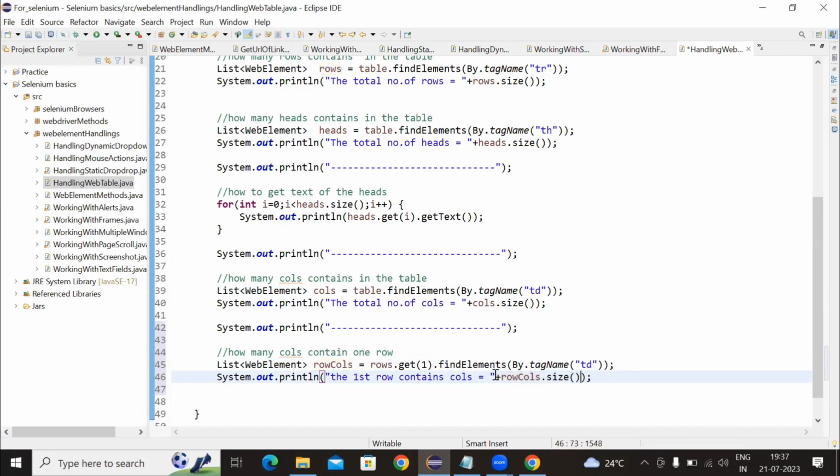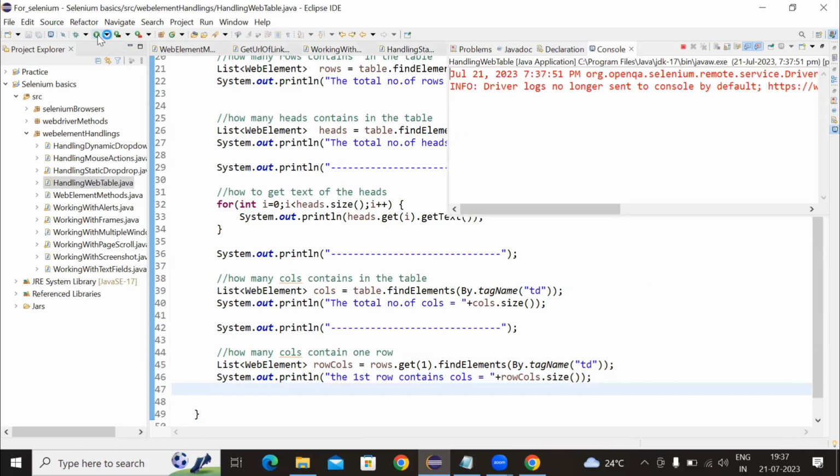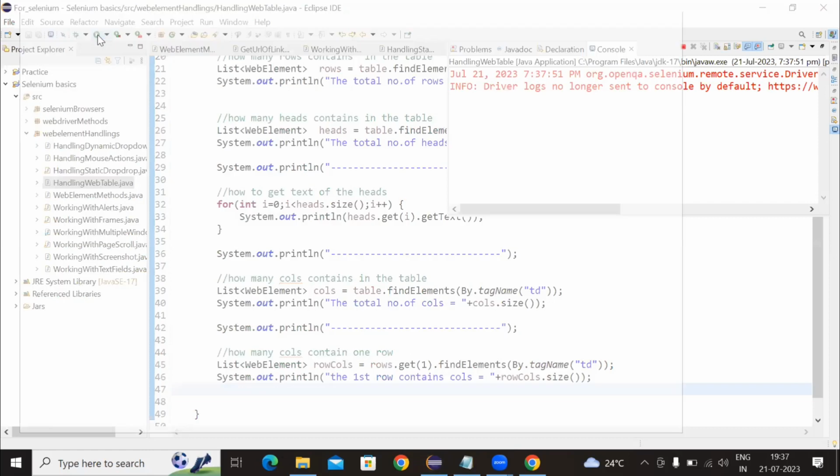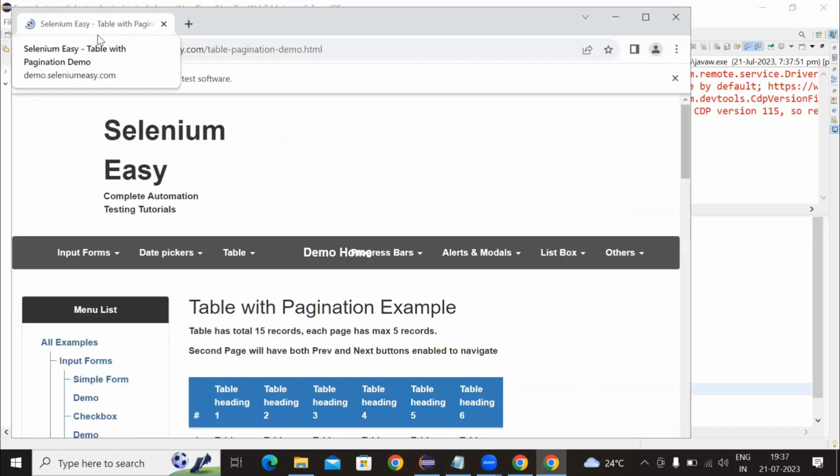Practically, seeing it one by one is easy. Control yes. So when I run this program,